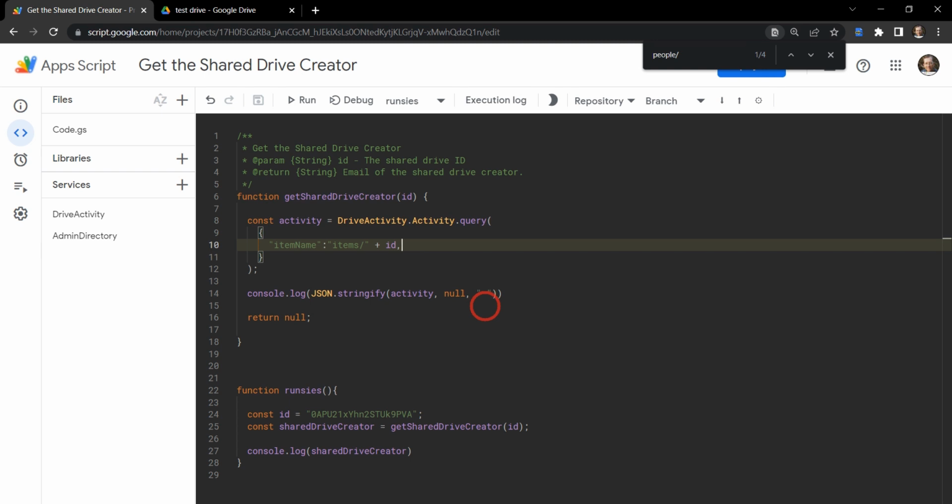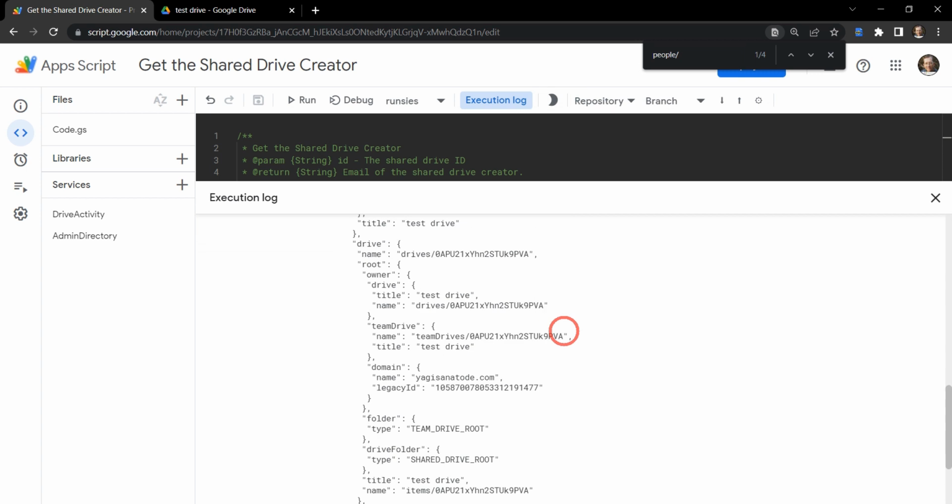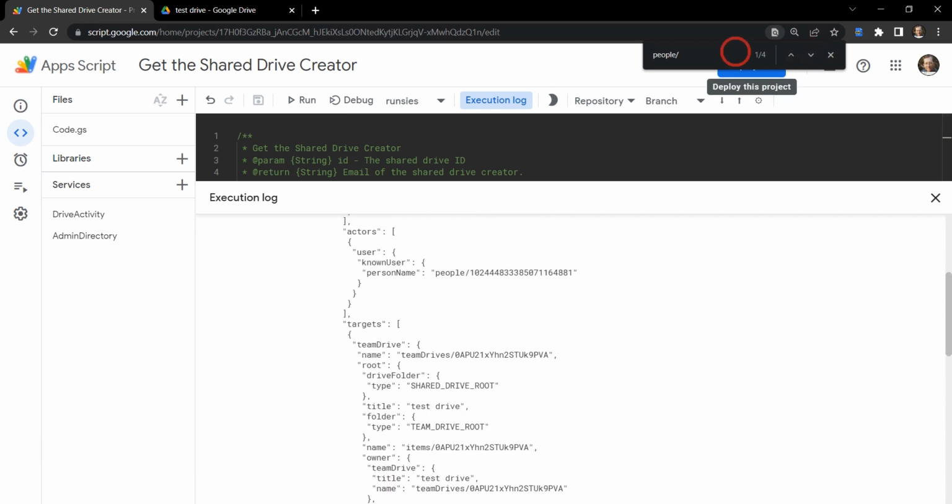Let's go back up into our activity object, and this time we're going to type in filter and a colon, and here we can type in detail.action_detail_case. This way we can narrow down into what it is we're actually looking for. We can use the create search option here. Nice. So you'll see this time round when we run our function, we'll get a much smaller object that'll just focus on who created this shared drive. Nice. So if we run our little search again,